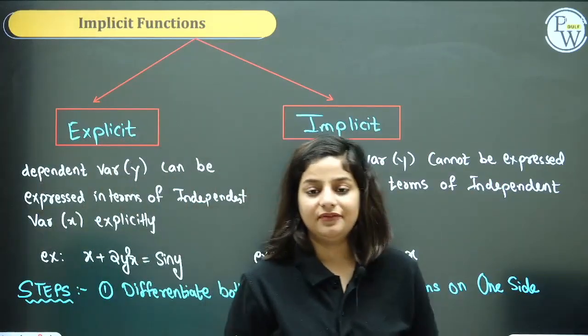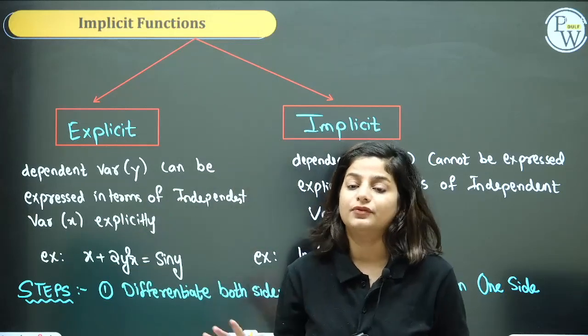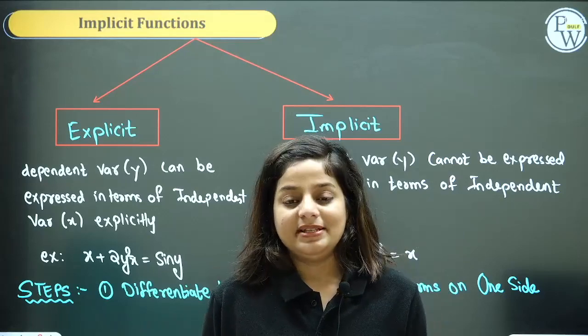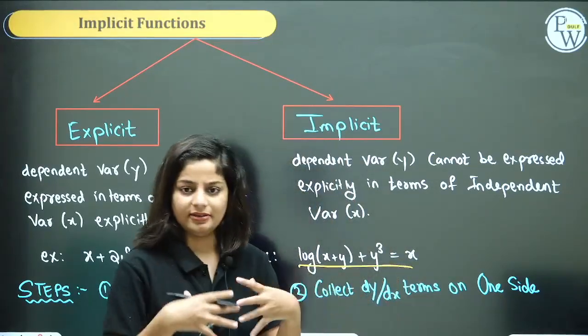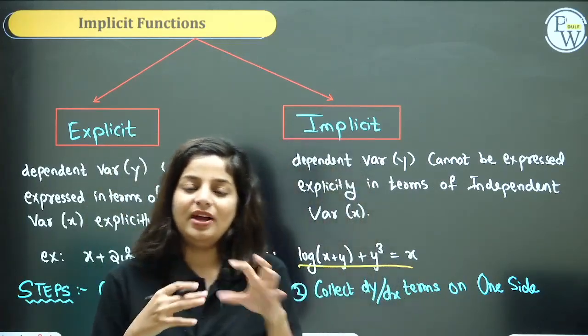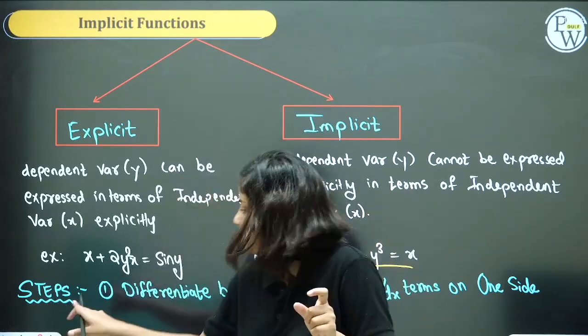Next, implicit functions. Note down that table, it will be boss level helpful for you. Now, what is an implicit function? Firstly, a function in which x and y are mingled together. Theory and all you can read. But implicit means x and y, where y is not explicitly written in terms of x. Like y equal to,